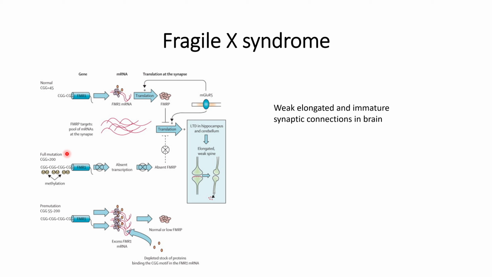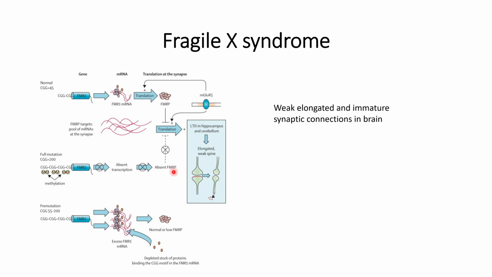Let us understand, there are two kinds of conditions that can occur in Fragile X syndrome. The first one is the full mutation. What happens in the full mutation? The repeats of CGG are greater than 200. Because of the higher number of repeats, there is more possibility of methylation of these repeats. As the repeats are now methylated, they will not be able to be transcribed. So as no transcription occurs, there is no formation of FMRP protein. Because of this, there is no control over mGlu-R5